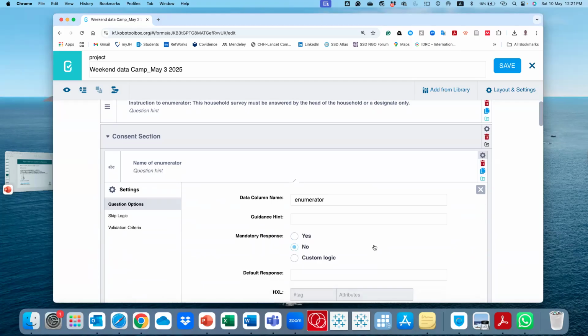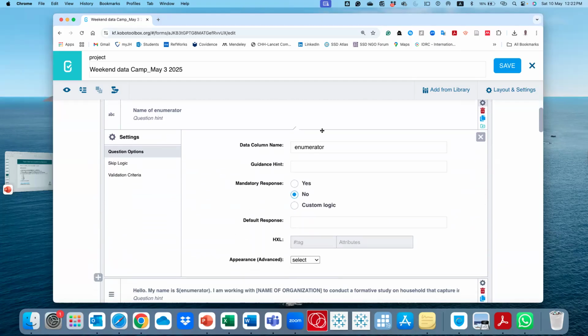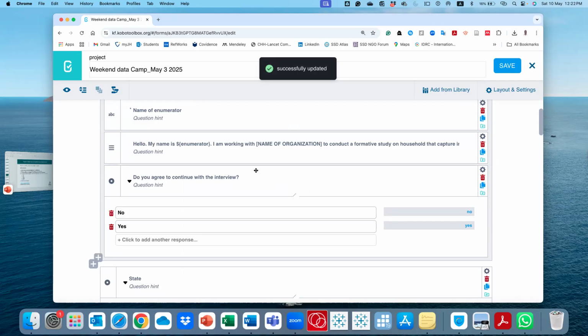Once you click on the settings icon, there are these options here, and there's this mandatory response. So what you do is just click yes. So that means the enumerator would not submit this form without answering that question.